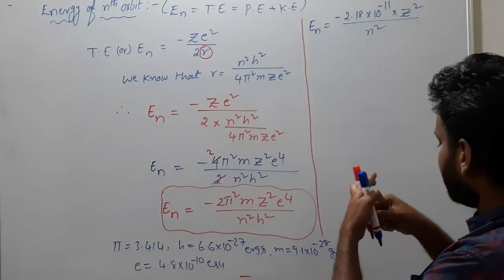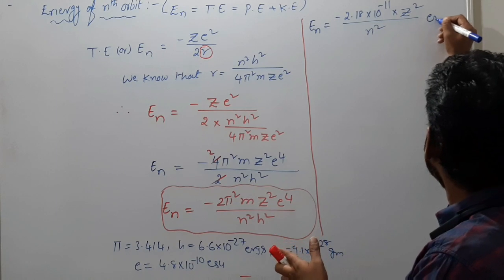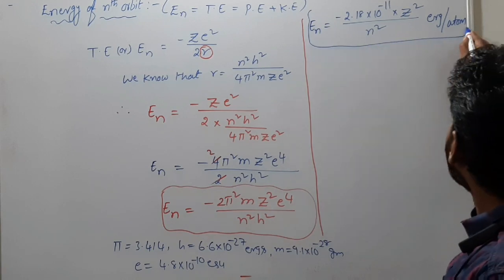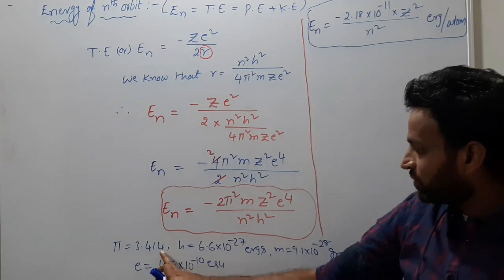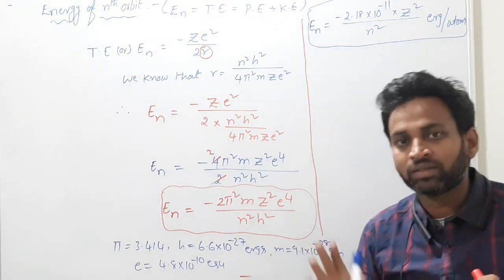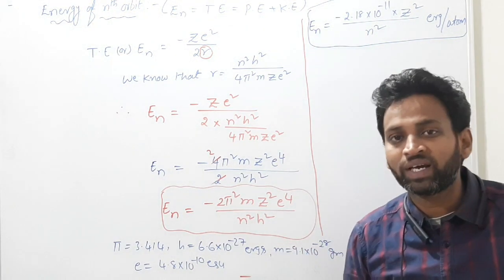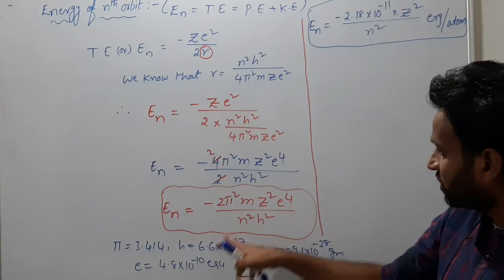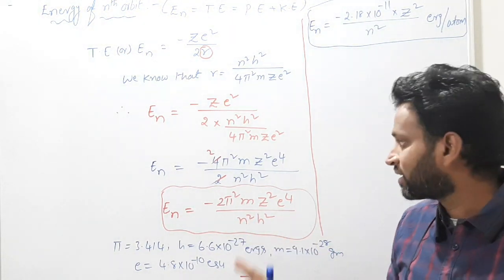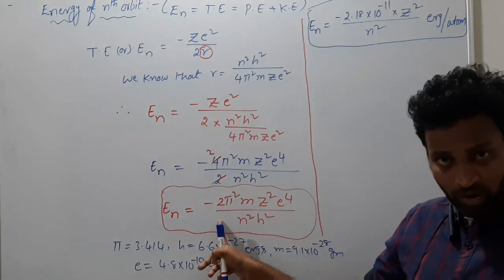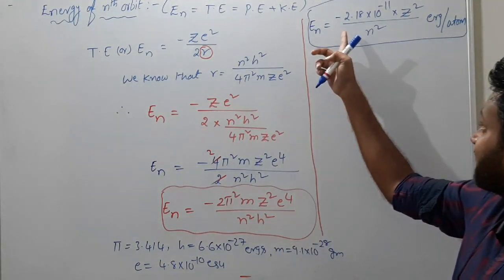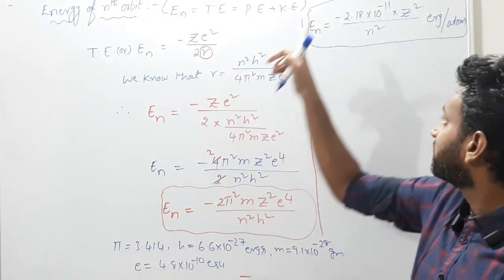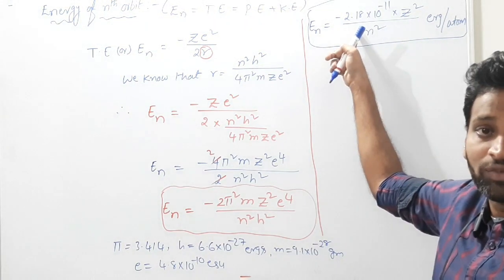What shell the electron is present in, we can know only at the time of the numerical. So this is in terms of ergs per atom. This is the energy of the nth orbit formula. If you substitute these values, you will get this simplified formula, which we use for solving numericals. We have no need to substitute these and no need to use a calculator, which is a waste of time. This is the general formula for the energy of the nth orbit and this is the simplified formula. If options are given in ergs per atom, then we have to use this formula.